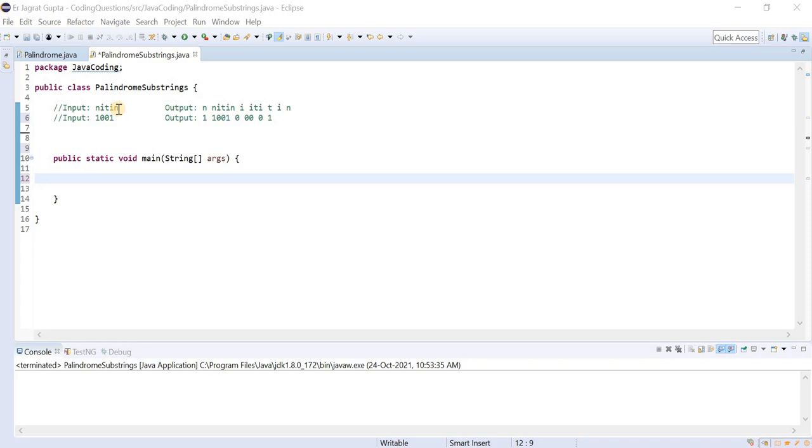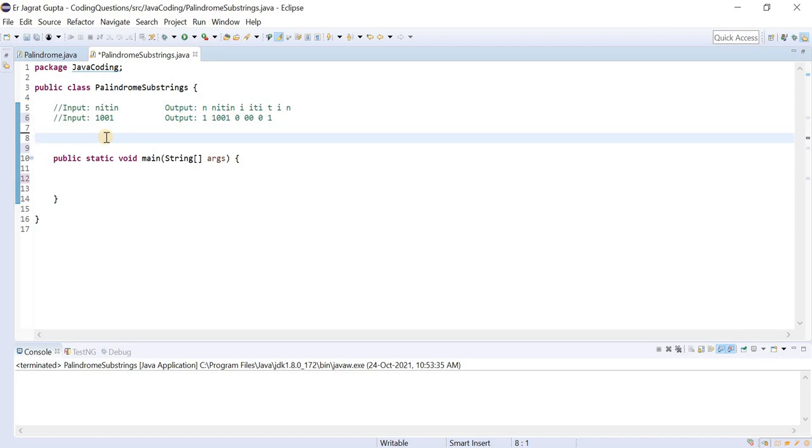So in the previous session, I've already told you the concept of palindrome. Now, in this session, we need to extract all the palindrome substring. So the approach is very clear from this statement, that firstly, I will extract all the substring and then we will extract palindrome substrings for that string.